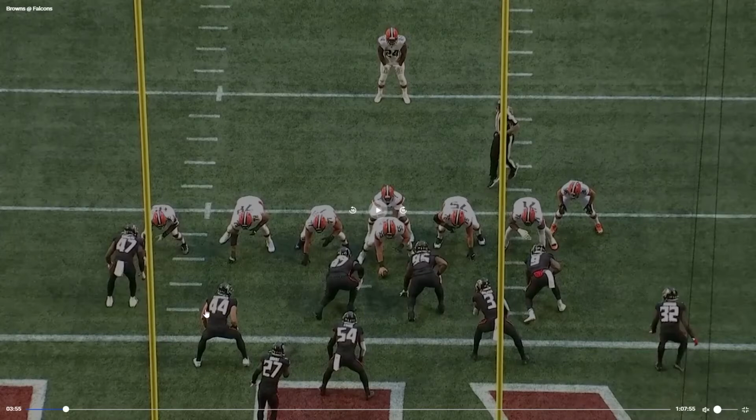This is like a goal line formation, and they've got them in tight, and it looks like the linebackers are responsible for these gaps. Here's your strong side linebacker, weak side linebacker, and your middle in this play. Now, the goal here that they have, you have